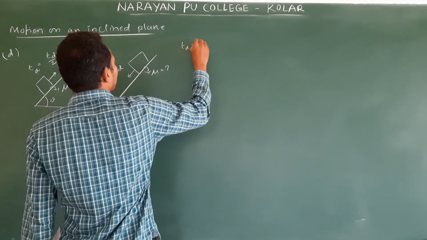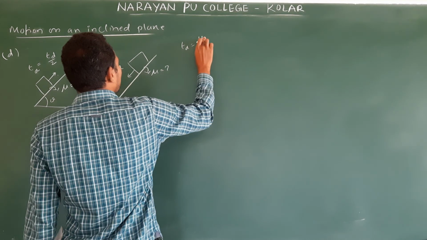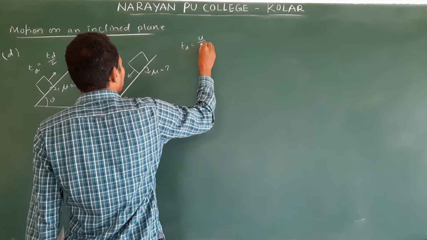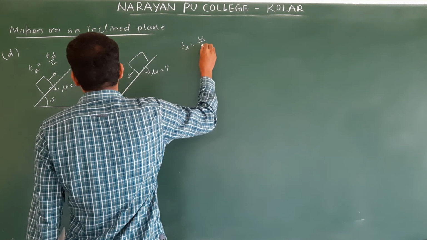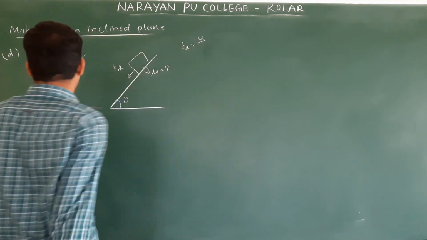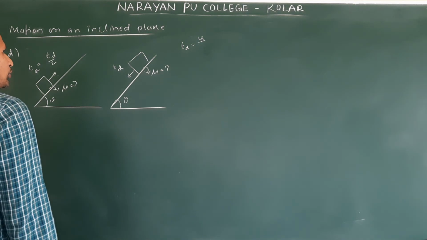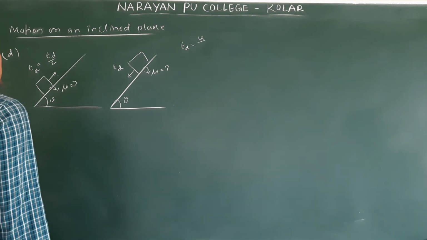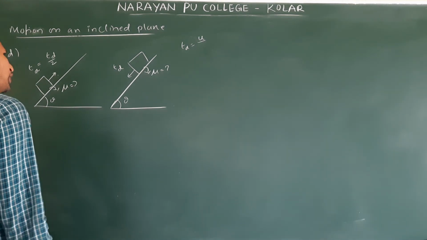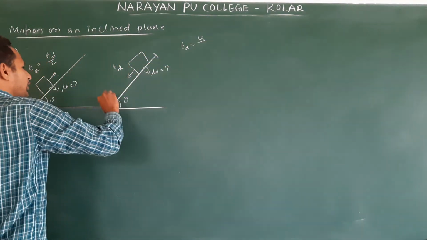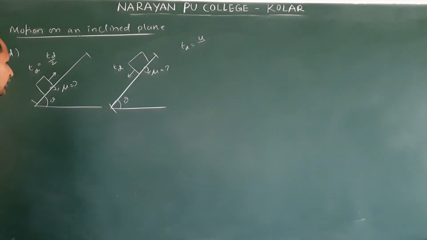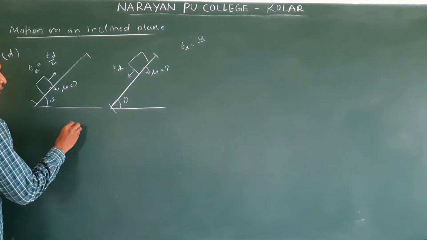TA is equal to U by A. If we take it, not g, we need to take a. Or we will follow that displacement remains the same, or we can take that also. Whatever, we will try both the ways. First we take that the displacement remains the same. Displacement remains same, as we followed in the previous problem.